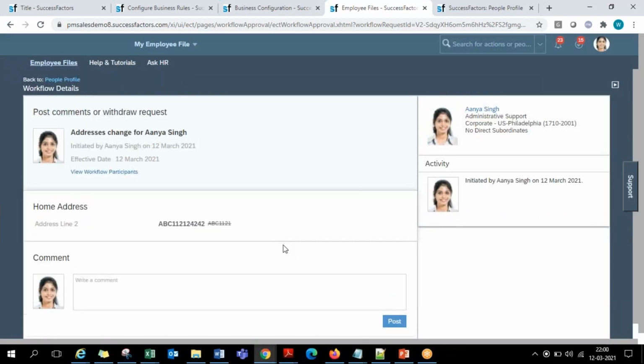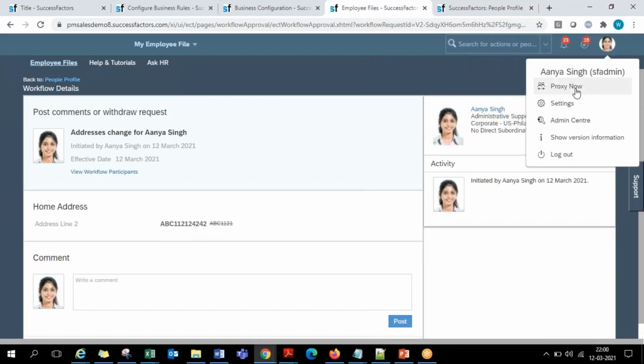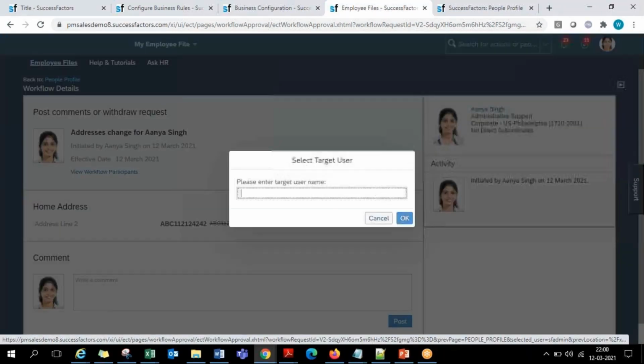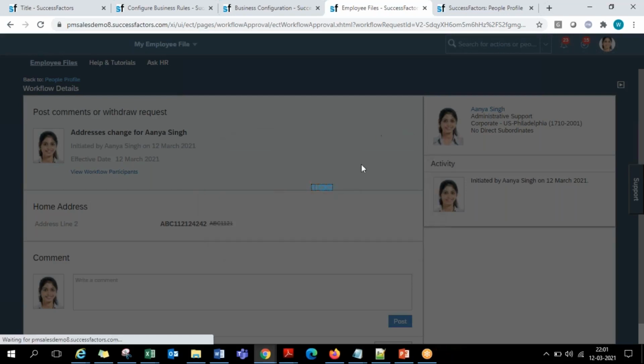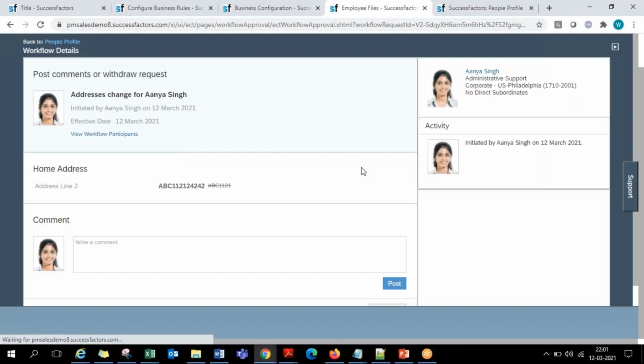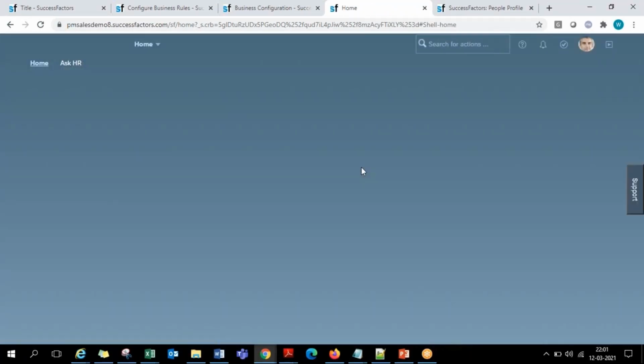So I don't want to withdraw. Now I want this to be approved by the manager. Then let us go into the manager login. That is Mr. Charles Brown, and see how it appears to him. So now in the Charles Brown login, because it is one approval item pending for his input, it appears in his to-do list, guys, because it is something that he is supposed to close, either approve or decline, whatever. That is his to-do item.